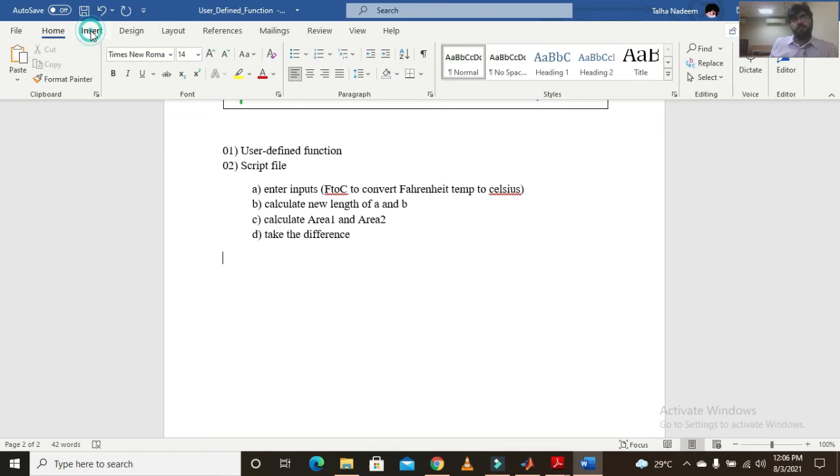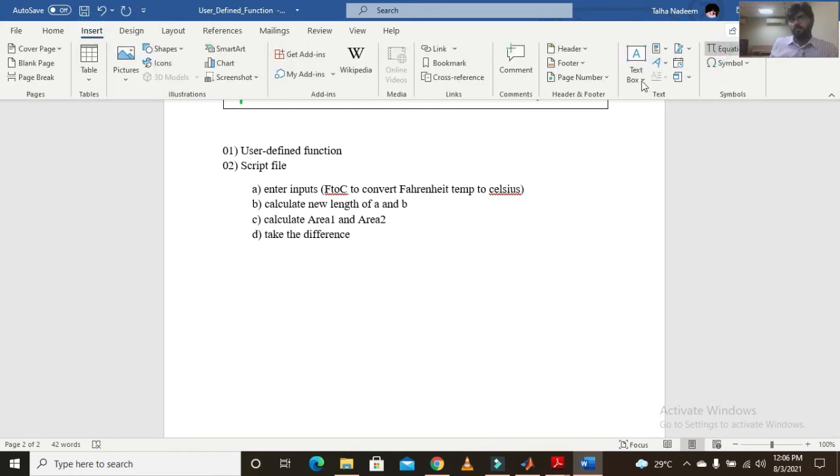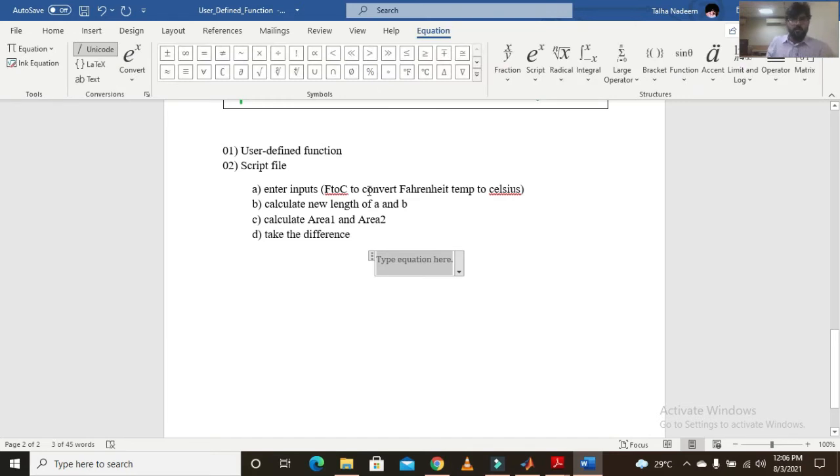Instead of just using the given relation, it is better to directly calculate the new length. We are not concerned with the change in length, we are concerned with the final length which we basically get after heating the plate.